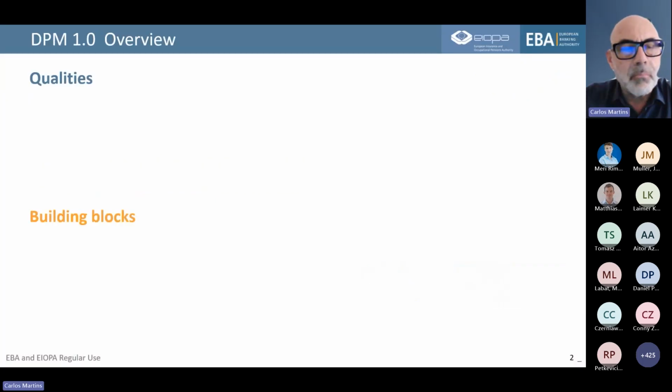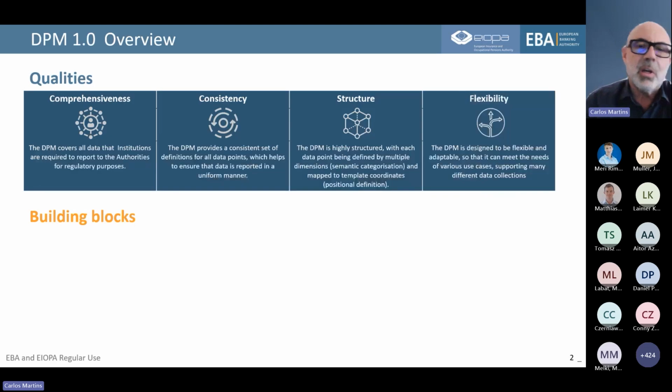So, starting with an overview of the current DPM, which we now call DPM 1.0 to distinguish it from 2.0, these are the qualities we associate with the current one.